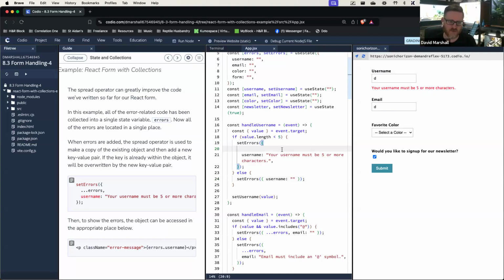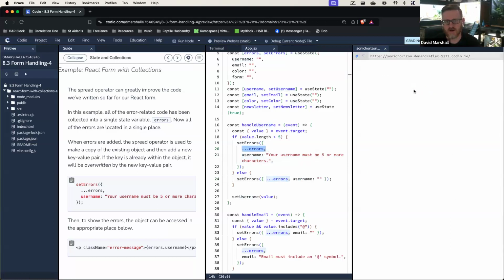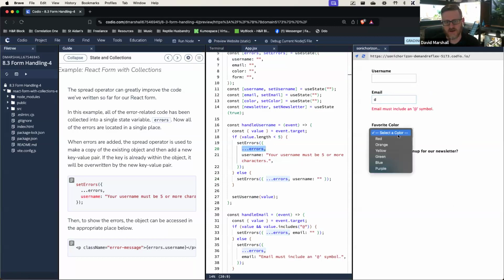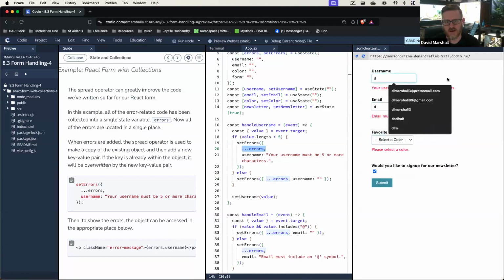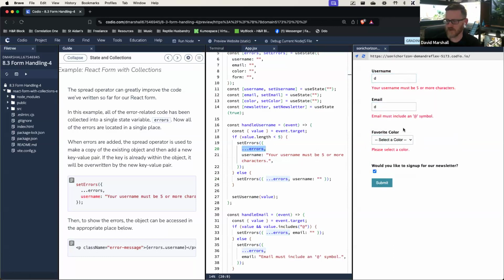If we don't have that spread operator, what we're doing is we're saying all of the errors should just be this, right? So if I go back and I include that spread operator here, let's do bad email, bad color, and then I add my D here. See, all of those errors are still present because we're taking that array, or that object rather, of errors,